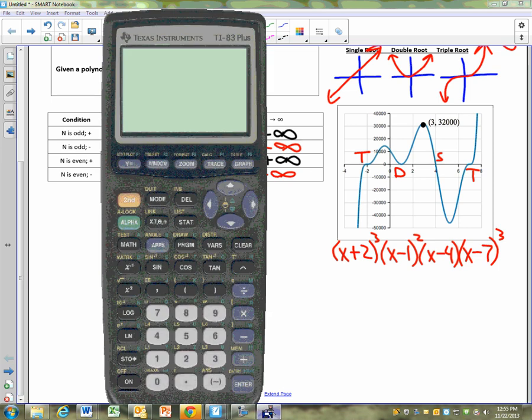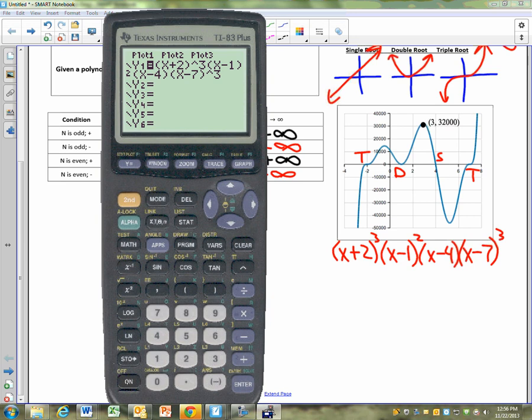Now here's the cool thing. You see this polynomial, you're like, wow, that's just about impossible to graph. That's a really complicated polynomial to come up with. I just wrote the equation for it right now. Just like that. And the really cool thing is I can then type that into my calculator. So what I did last hour, I just typed it all in just exactly like I have it. And then I adjusted my window so that 40,000 was at the top, negative 50,000 was at the bottom, 8, 2, -4. And when I press graph,